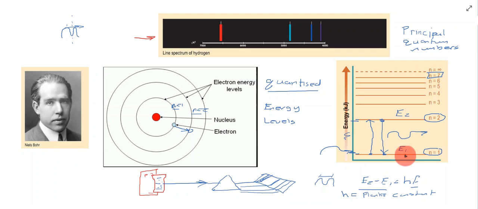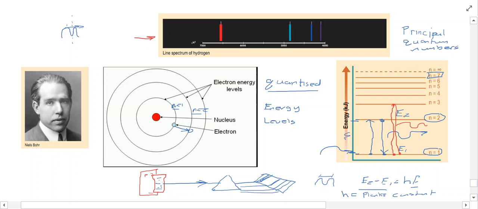Now generally what happens is, when one of these hydrogen atom electrons moves from the first energy level up to the second energy level, and then moves back down to the first energy level, it gives off a wavelength of light that's associated with the ultraviolet range. Equally, sometimes you can get an electron that starts off here, gets excited, goes up to n equals 3, and then drops back down to the ground state and gives off energy. Generally when electrons get excited up into n equals 2 or n equals 3 and then come back down to n equals 1, they'll give off electromagnetic radiation, or a specific amount of energy, that's associated with the ultraviolet